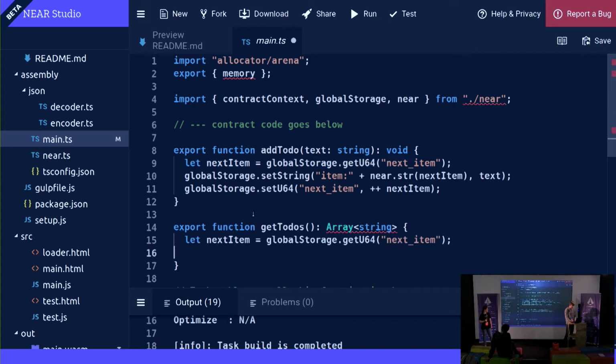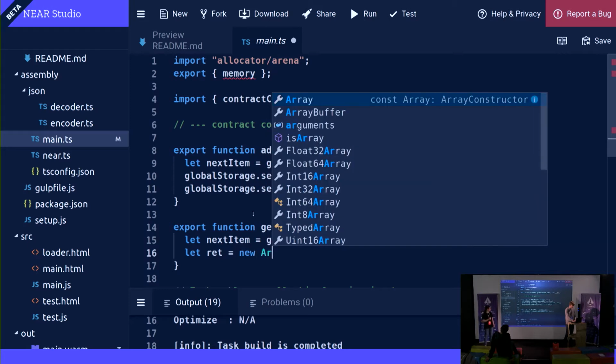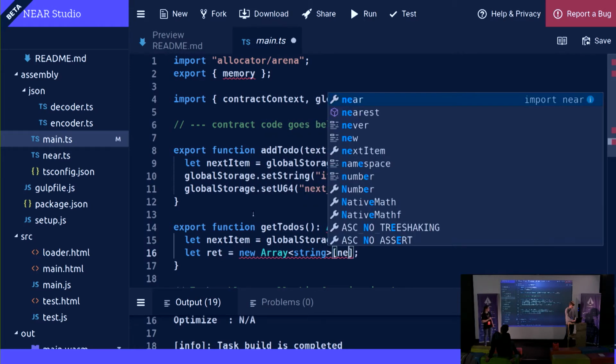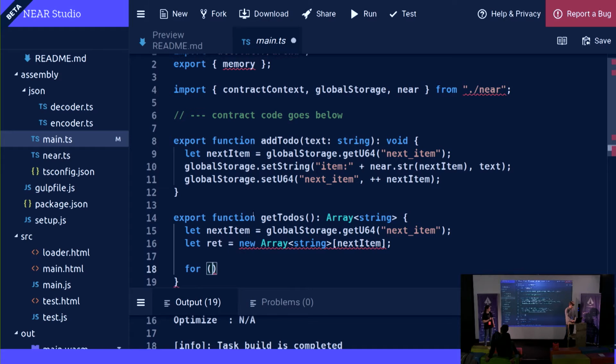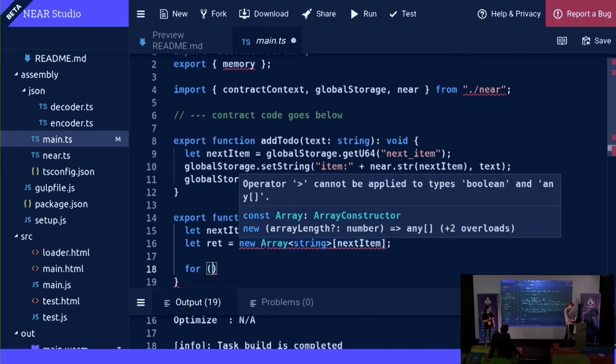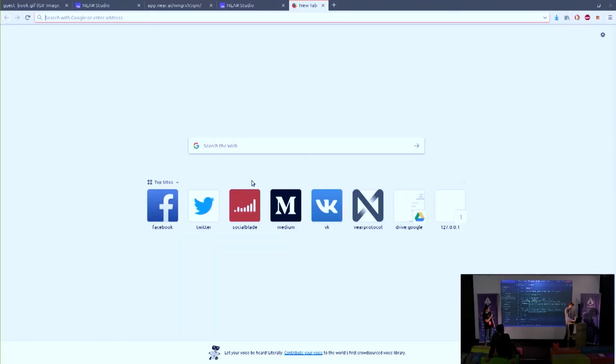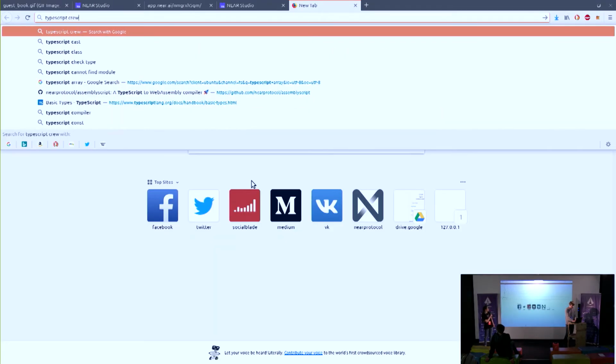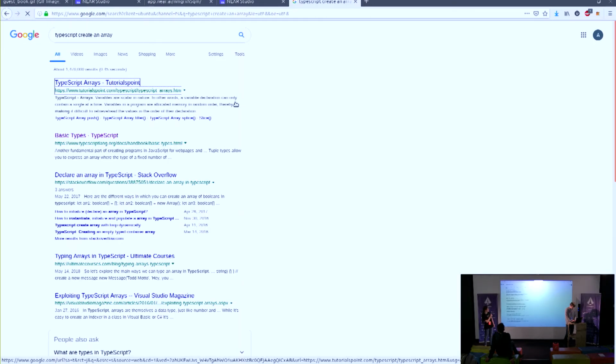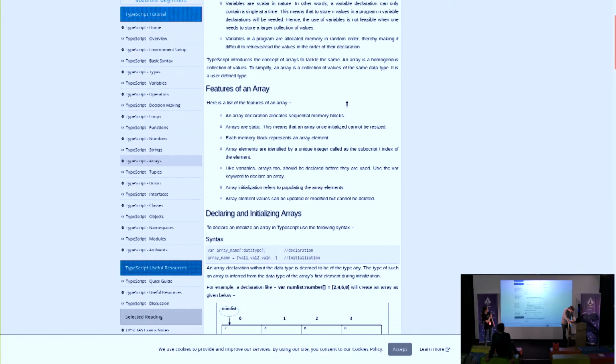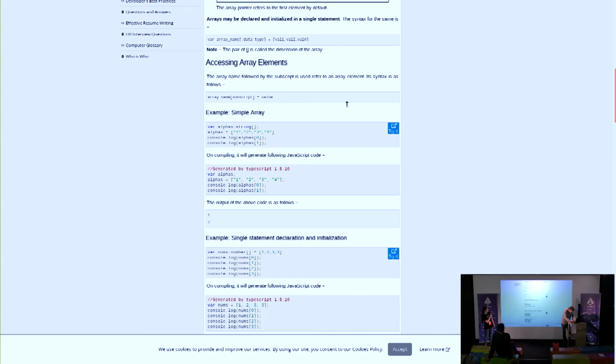Okay, so we're going to get the same next item. That's not how I create array of strings. Okay, let's Google it. I think you may need to pass in the size. But I am passing the size, right? Round brackets or something like that. Okay, let's see. New array. Yeah. But how does it know the type of the elements? I don't think the array needs the type. Oh, it doesn't care?